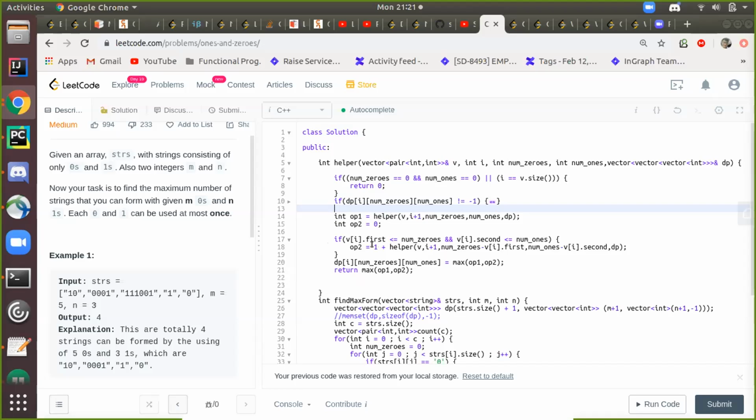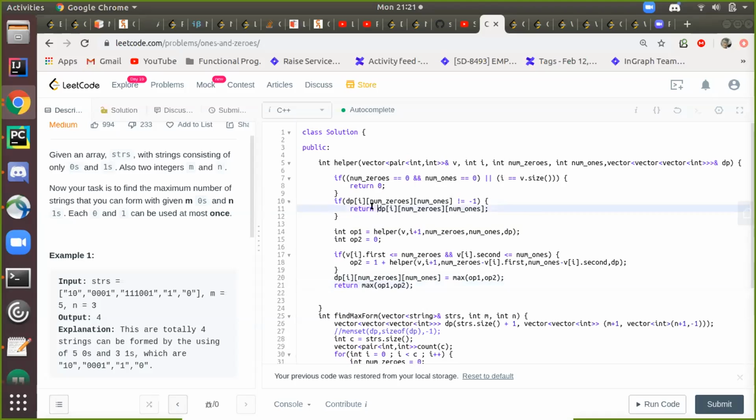If that is true, then I return 1 plus the call where I increase my index, decrease the number of 0 count and number of 1 count, and pass on this memo. After coming back from these 2 calls, I store the result at this DP position and return the maximum. And if I have already computed something, then I simply return that stored value.